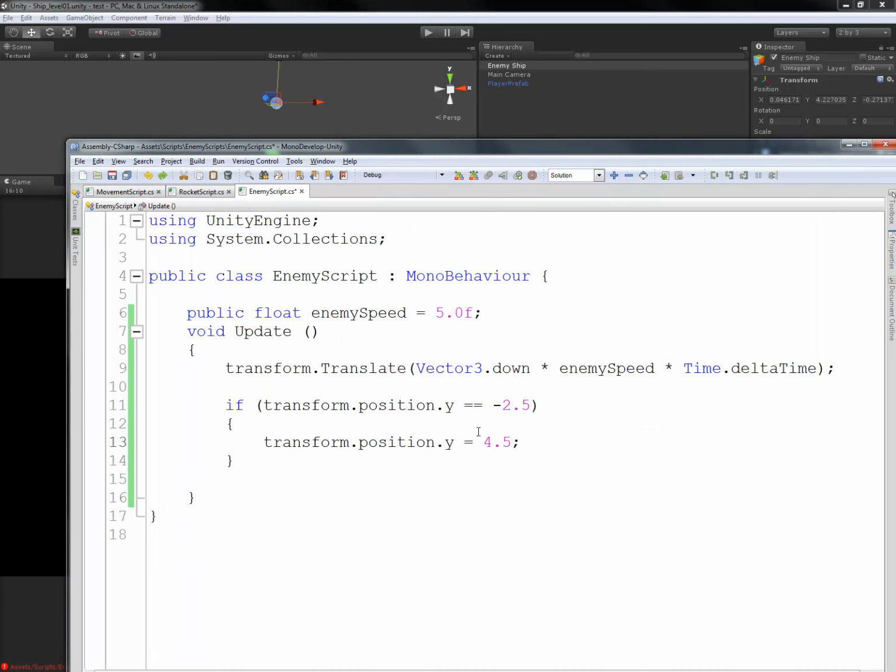Okay, so we're getting an error on how to move the position back to the top. And what I'm discovering is inside of C# you can't just set the position by assigning it this way. It's a little bit more complicated, but not by much. So if our transform.position.y hits -2.5, or is the same as -2.5, let's go ahead and